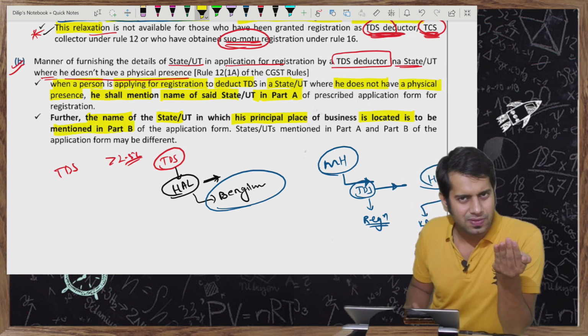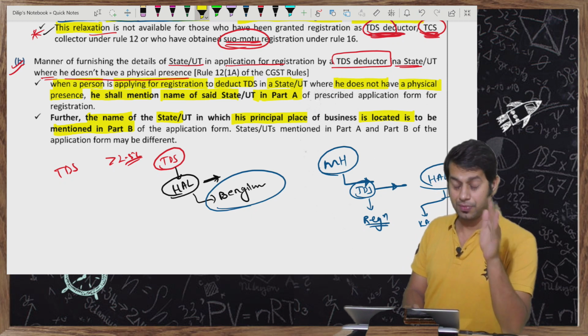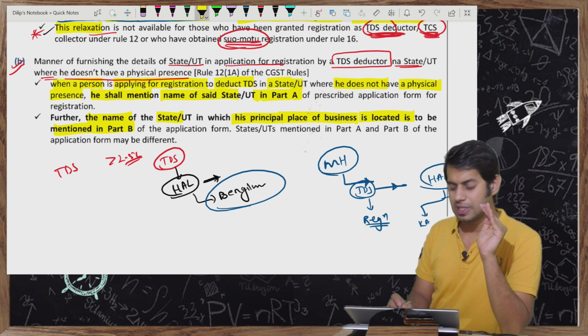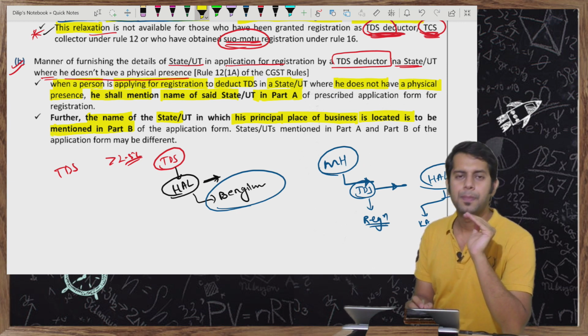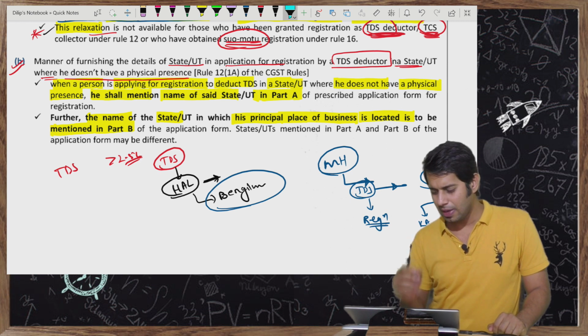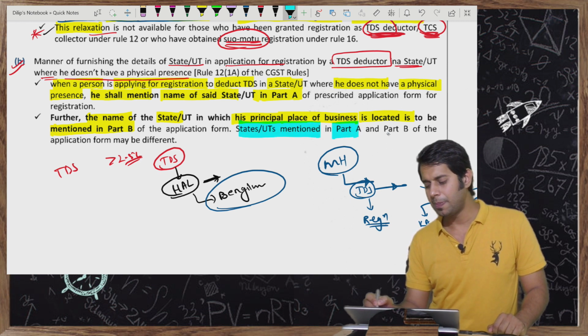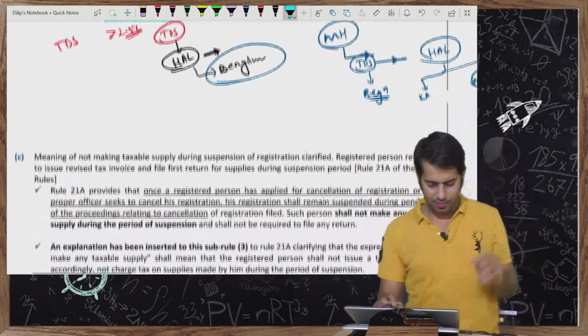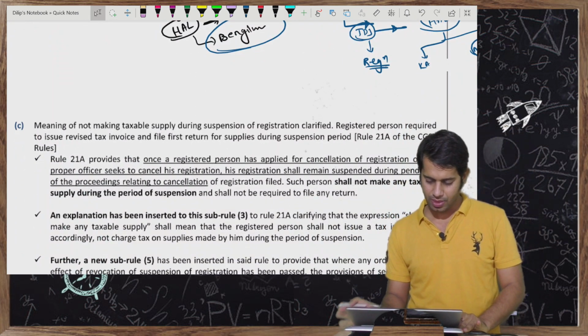So wherever he has his principal place of business, or wherever he has his physical presence, that area should be mentioned in part B of his registration application. So what will happen because of this? The states mentioned in part A and part B will be different. The states may be different because of this reason. Then now,